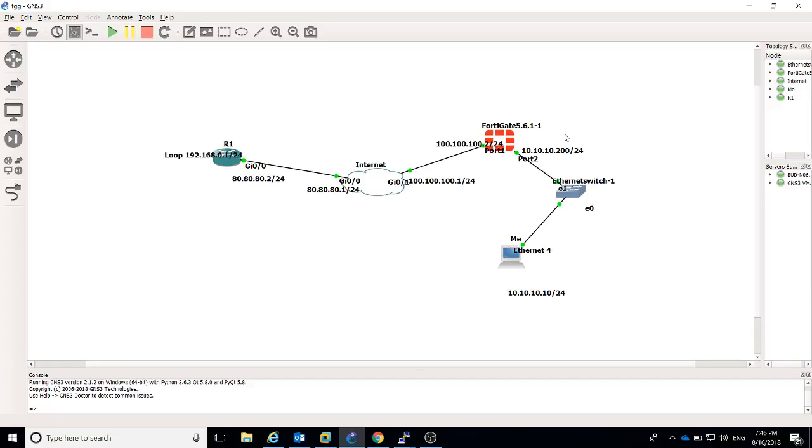Today we are going to finish our IPsec VPN tunnel lab between Cisco and FortiGate. In the previous video, I showed you how to create your lab, prepare your lab, and pre-configure your routers and